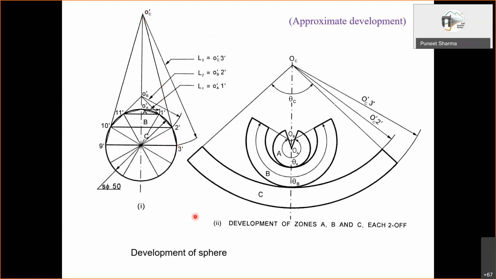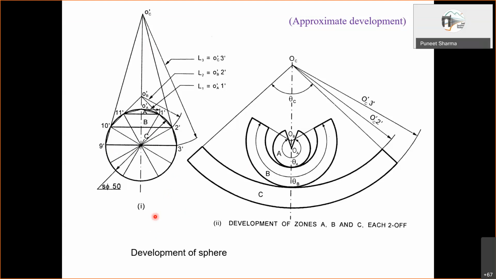right? Sir, could you please draw step by step like we used to draw in previous classes? I can draw, but actually it may not be so exact. That's why I was not doing it. No, so again, maybe let me repeat this part. What we are actually doing is we are trying to develop the sphere. That is one thing. But as I mentioned, we cannot exactly develop it.